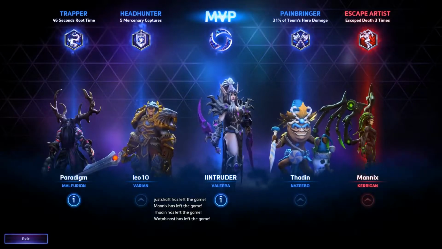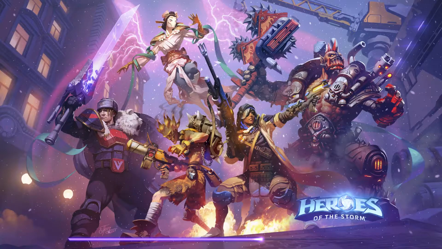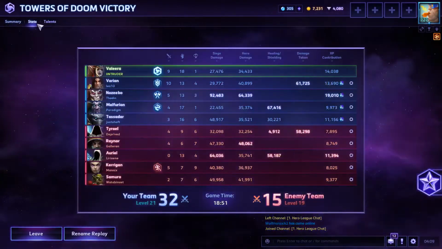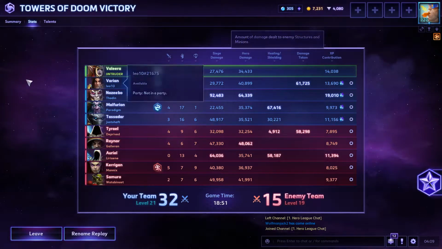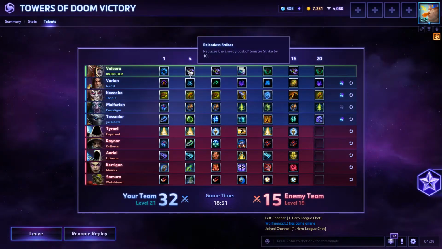Thank you, sir. And I'll go over a last little review of the build here at the end. Let's look at our stats. Right now, stats, 9, 18, 1, is pretty decent. I hate dying, so 1 death's not so bad. Talents again. I went Vigor, a little bit more risk versus reward. I did get my 20 regen globes, which helped out a lot. And then we got Relentless Strikes, reduce your energy cost of Sinister Strike